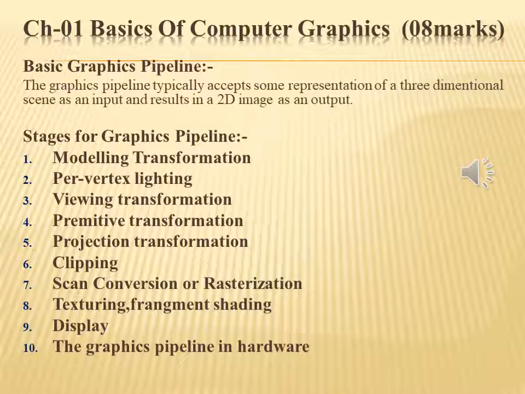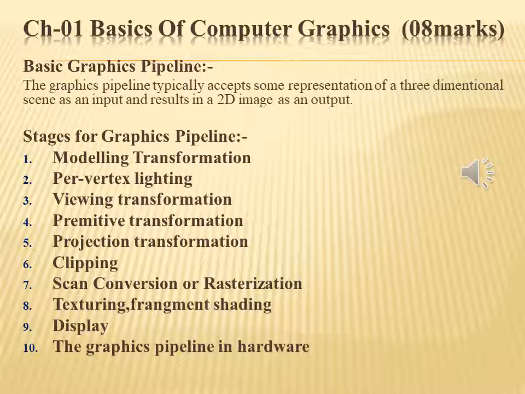The first is the modeling transformation. In this stage, the 3D geometry provided as the input is established in what is known as 3D world space, a conceptual orientation and arrangement in 3D space. This could include transformation on the local object space of geometric primitives such as translation and rotation.